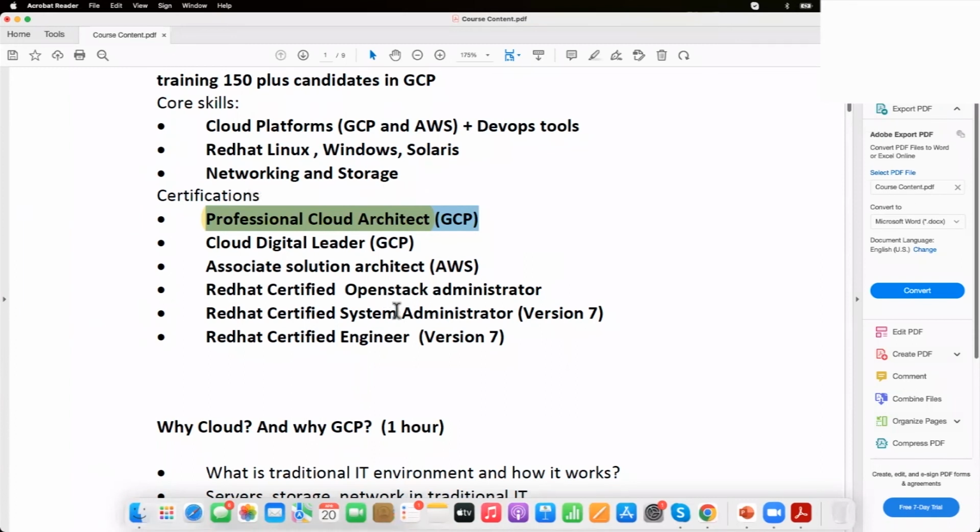Any certification's total duration is 2 years, and after that it expires. It's optional whether you need to renew or not. I didn't renew all of these certifications, only this Professional Architect I renewed, because I am doing training, so I need to be updated always.